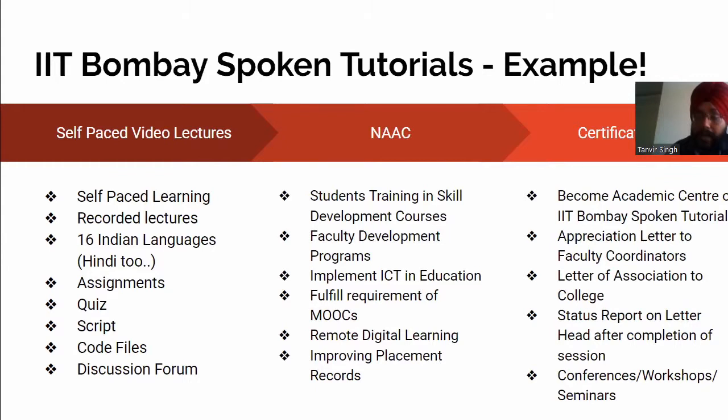Many colleges have applied for that because we are providing skilling to the students in their courses. We can have a faculty development program, just as we are doing now, and we can implement education, and it also fulfills your requirement of MOOCs, supports remote digital learning, and improves the placement record. Once you have worked on the skilling of students, it will automatically follow.